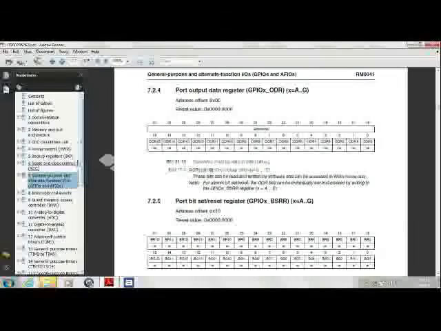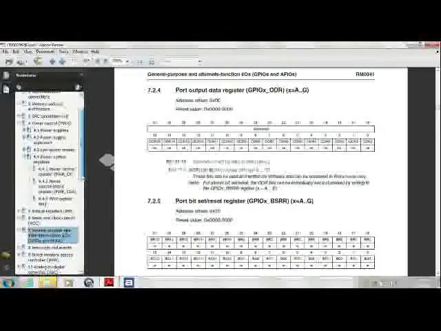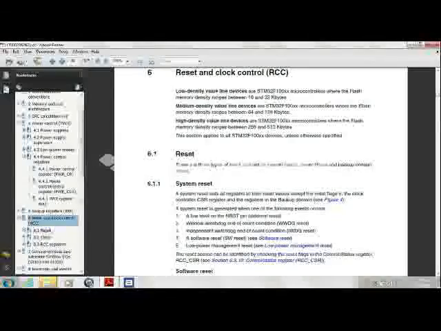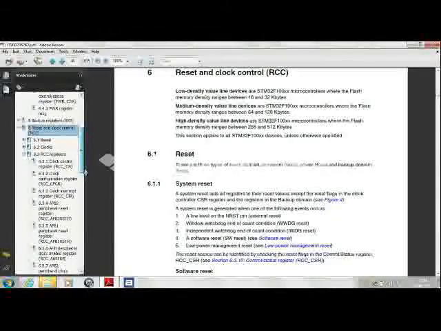What we'll do is we will go back to the datasheet, that is the user reference manual, and we'll go to the power control, where we have the power control registers, and we have the reset and the clock registers, that is the RCC. We'll go to the RCC registers, and we'll go to the APB2 peripheral clock enables.